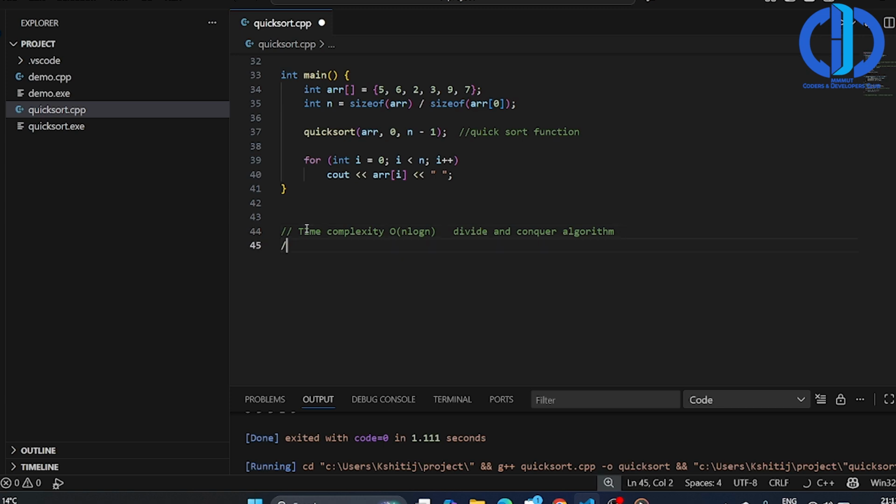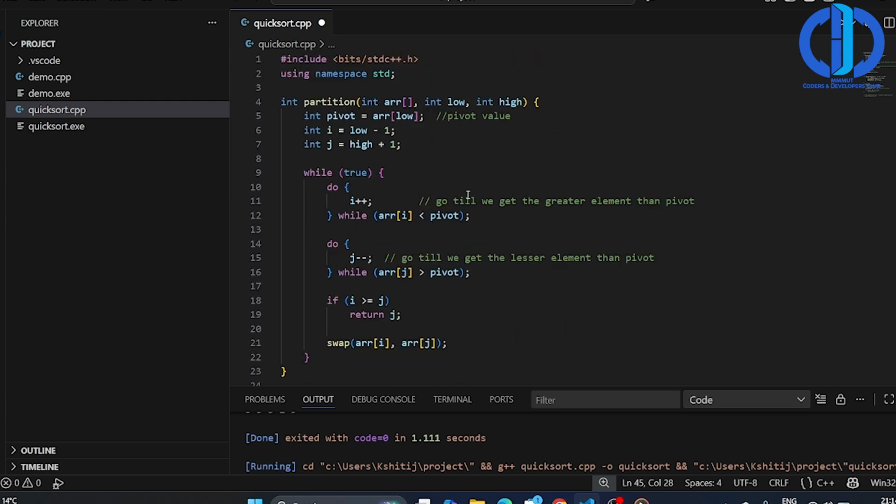And space complexity would be simply big O of 1, as we are not using any extra space. So that's it. This is the quicksort algorithm,